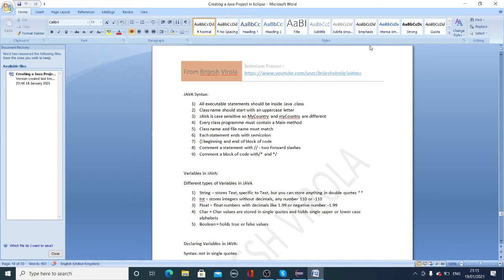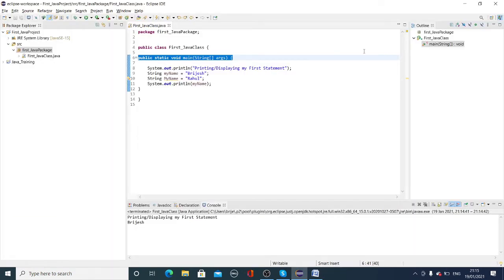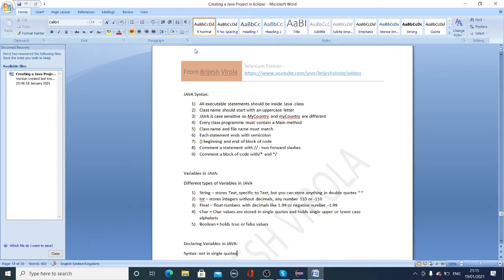Class name and file name must match. Here you see this is a class name and this is a file name. If I put in here a class name like something123, it will throw an error because this name and this name are different, so they should be the same. For example, if you created a class but are just typing it manually, you need to make sure the class name and file name are the same.